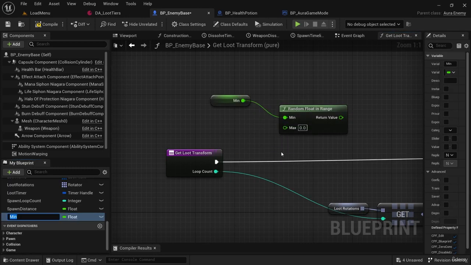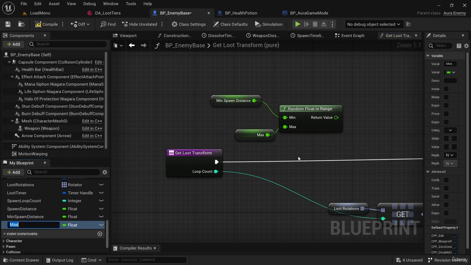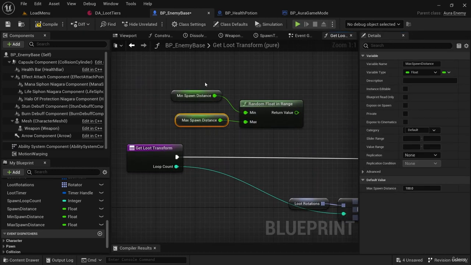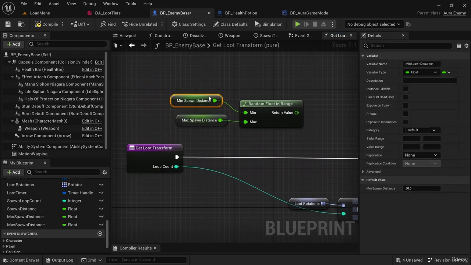Promote to variable, we'll call this min spawn distance, and we'll promote this to a variable, not local, max spawn distance. And then if we set these min spawn distance and max spawn distance variables, say minimum of 50 and max